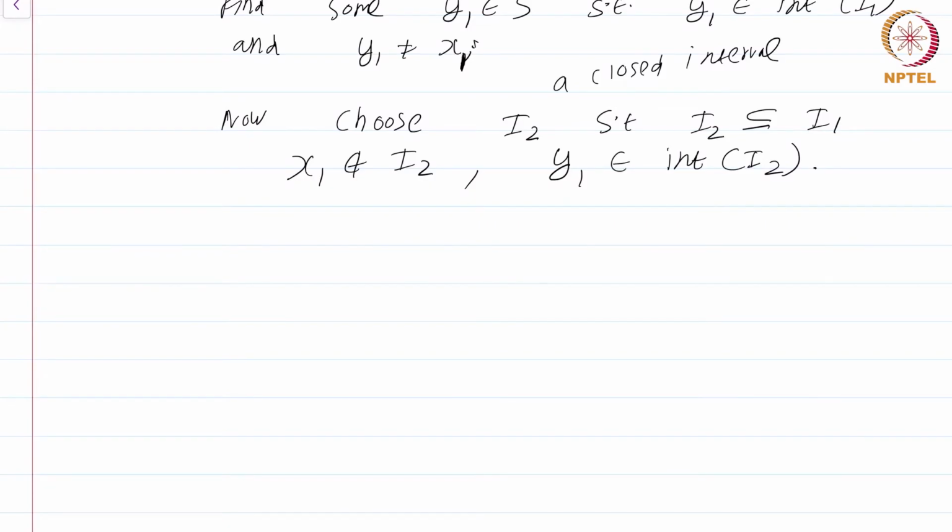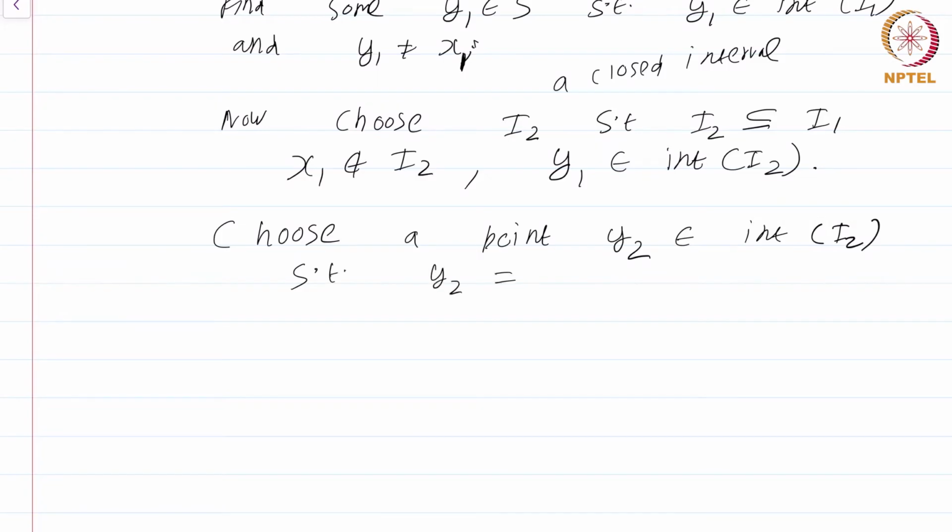Now what we do is the following. Choose a point y2 in the interior of I2 such that y2 is not equal to x2. Why does such a point exist?